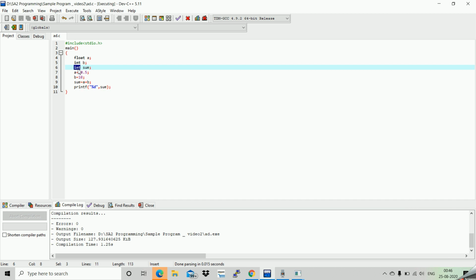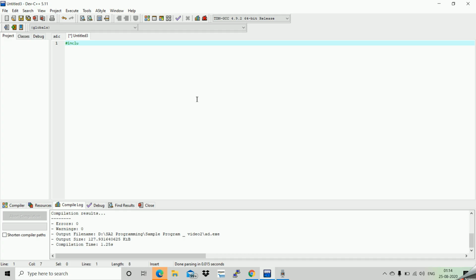It won't print the value which comes after the decimal point. This is because you have declared sum as integer. So guys, you saw what is integer data type and what is floating data type.